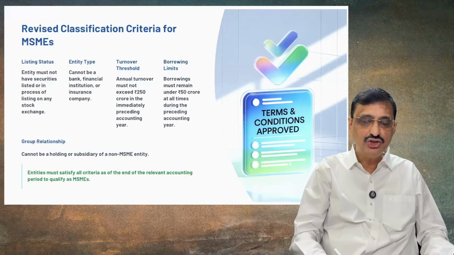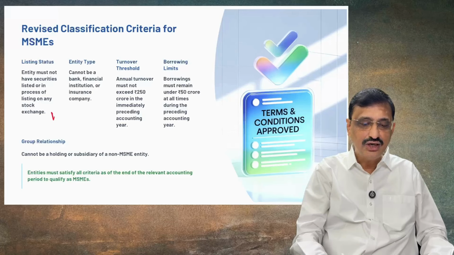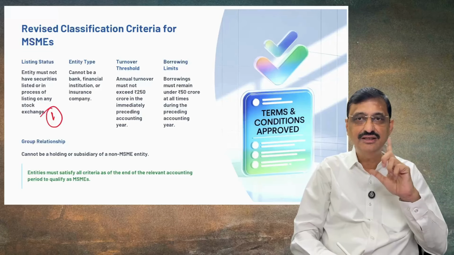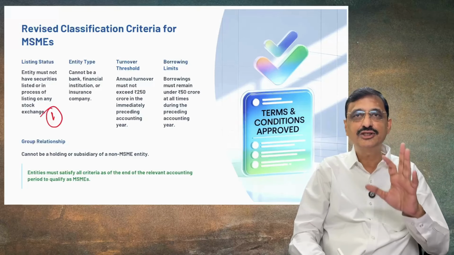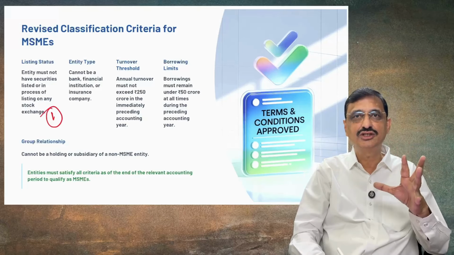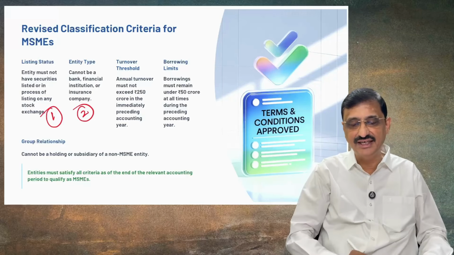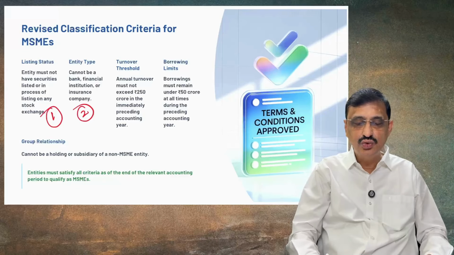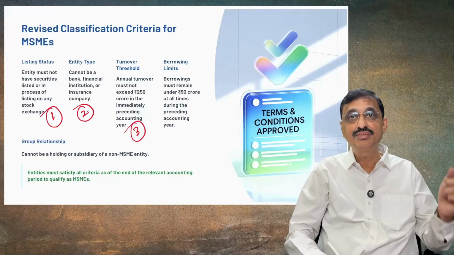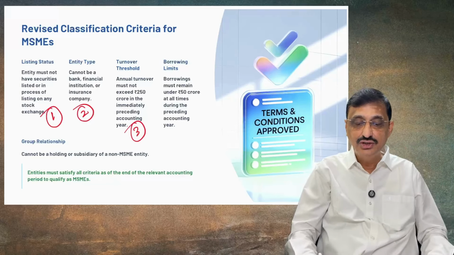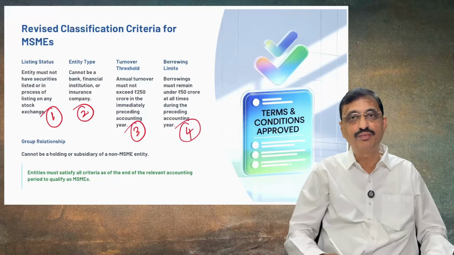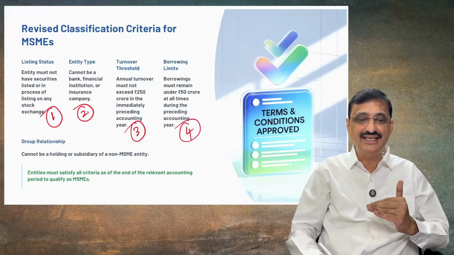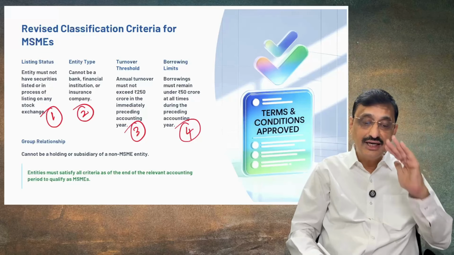The entity must not have securities listed or in the process of listing in a recognized stock exchange. First condition. Now, what is the second condition? The entity should not be a bank or a financial institution or an insurance company. And in the preceding year, the turnover should not exceed 250 crores, and in the preceding years, the outstanding borrowings should not exceed 50 crores of rupees,